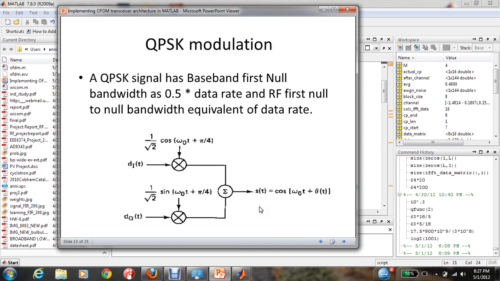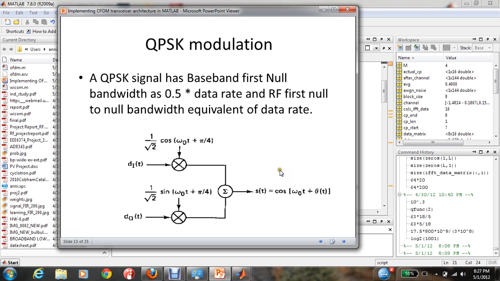So after the 128-bit data symbols are generated, we perform a QPSK modulation scheme. This block diagram shows the QPSK modulation scheme. This is the in-phase, this is the quadrature phase, and each is individually modulated with a mixer. This is the subcarrier frequency, where the in-phase is the cos component and the quadrature phase is the sine component, and then each is individually modulated, and then summed up